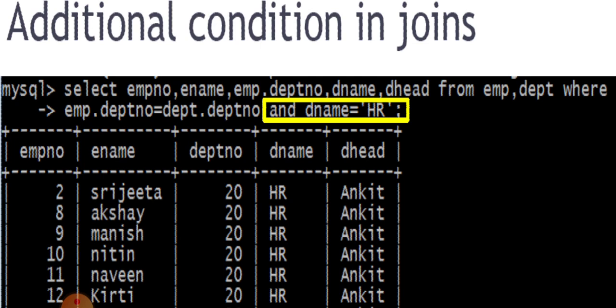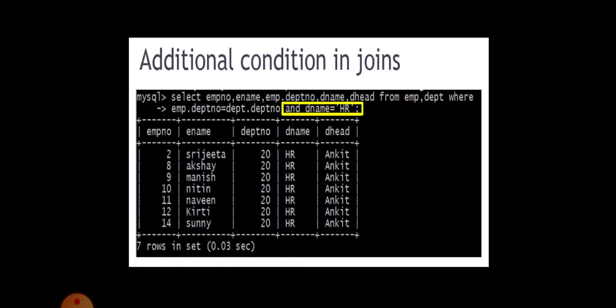So how will the compiler execute this query? The compiler will move to the from clause at first, that is, from EMP and department. So it will select both the tables, EMP and department. Then it compares the common column name values and fetches the matched values only. Fetches means copies into another table, or copied into the resultant table. The matched values only are fetched to the resultant table. Along with that, it will apply another condition, that is, the DNAME is HR.